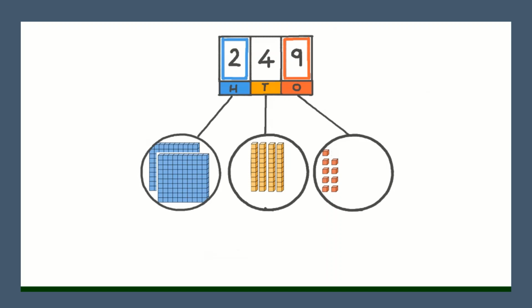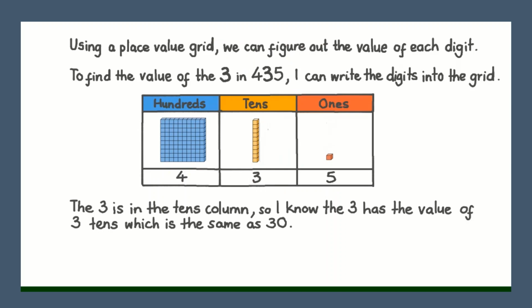Let's try answering some questions now where we have to think carefully about the place value of 3-digit numbers. And remember, it's all about the position we put our digits in. Using a place value grid, we can figure out the value of each digit. To find the value of the 3 in 435, I can write the digits into the grid. 4 hundreds, 3 tens, 5 ones. The 3 is in the tens column, so I know the 3 has the value of 3 tens, which is